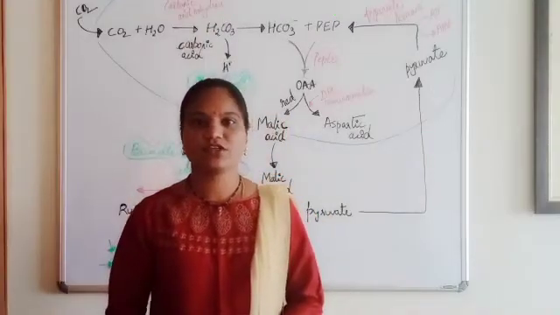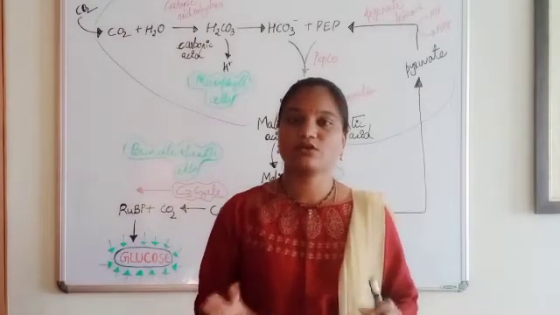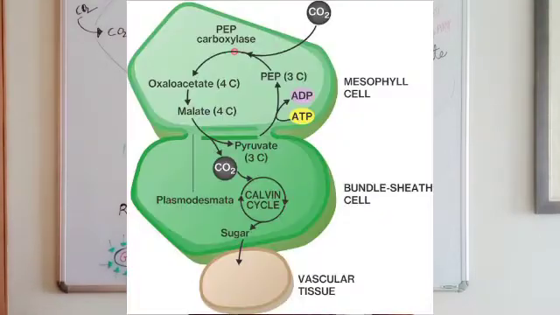In this video tutorial, we will be learning about the C4 cycle, the outer framework of the C4 cycle. In the previous session, we have already discussed C4 plants and their adaptations compared to the C3 cycle. Now in this module, we will be discussing the outline framework, the metabolism of the C4 cycle in C4 plants, that is nothing but your tropical plants. This cycle was first introduced by Hatch and Slack, and hence it is also known as the Hatch-Slack cycle.